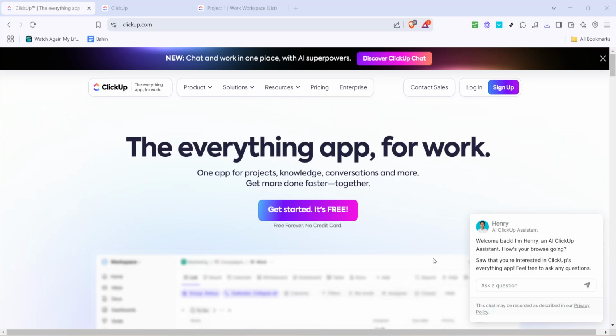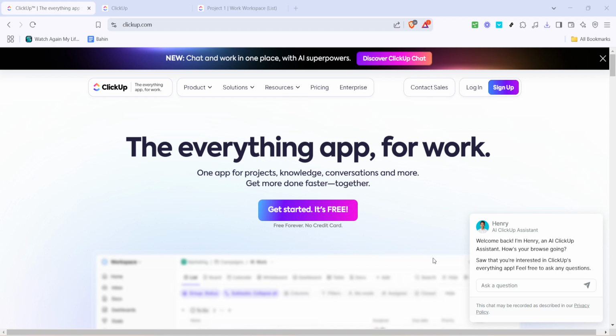In today's video, I'm going to teach you how to create a ClickUp checklist template and task template. If you've been on the hunt for a way to streamline your workflow and make day-to-day tasks easier, this tutorial is just what you need. ClickUp is a versatile platform known for enhancing productivity through its robust task management and collaboration features.